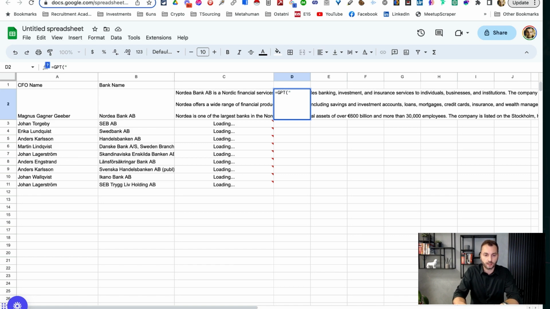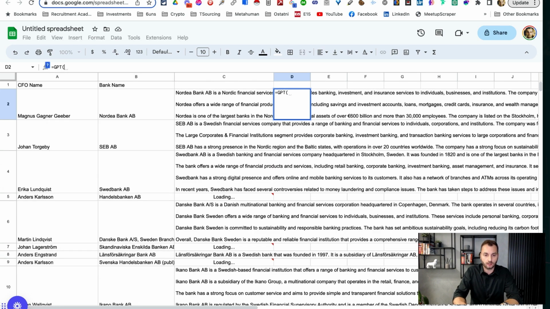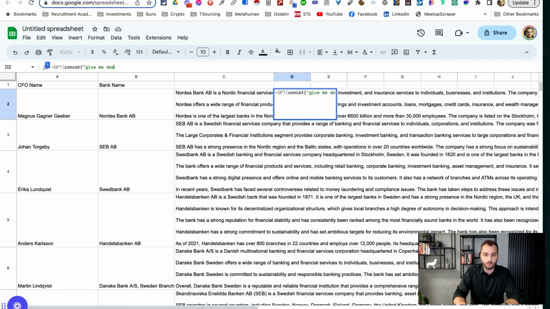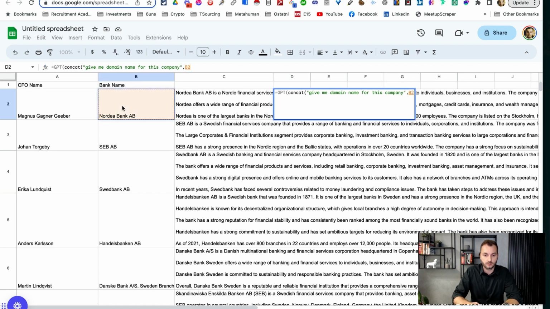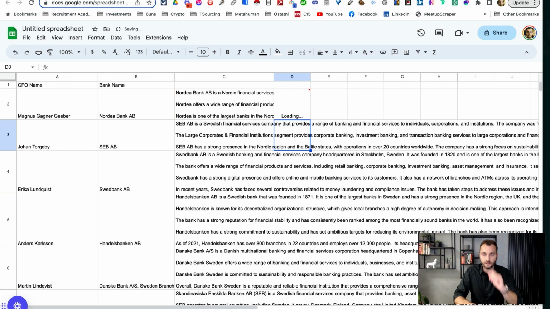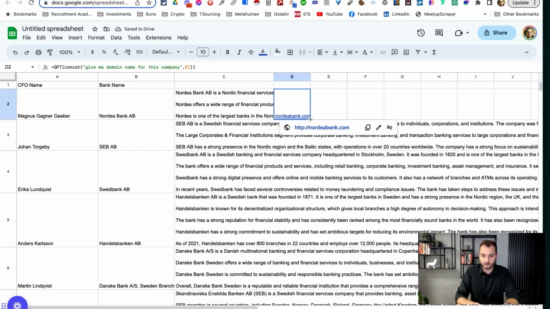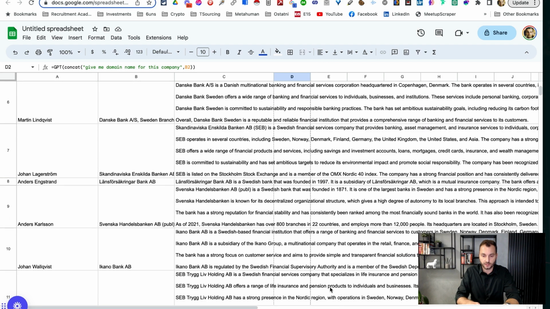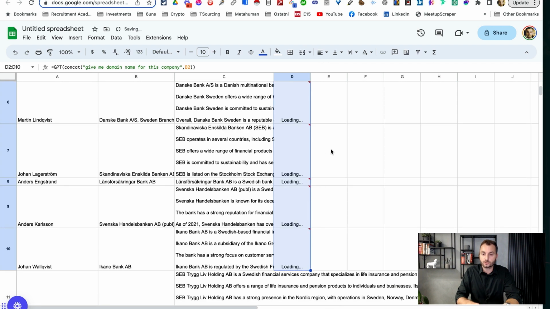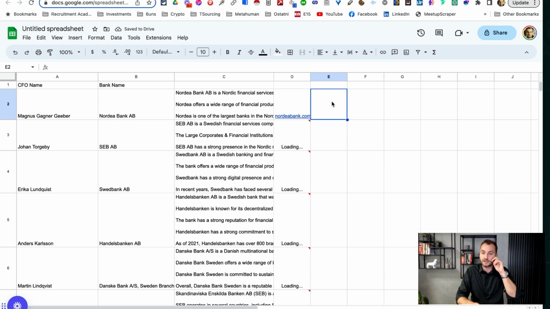We can, for example, say GPT, give me the domain name for this company. Yeah, something like that. Enter. Nordea. Yeah. And with this procedure we can, for example, get to the email addresses,